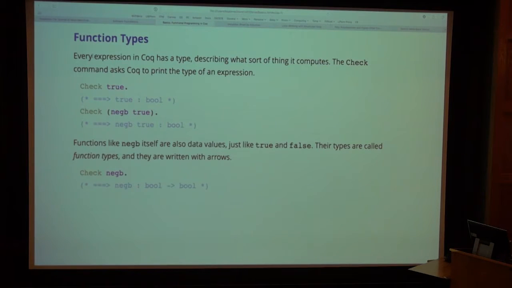And since Coq is a statically typed functional language, those functions as data have types just like everything else. And those types look like something arrow something. So neg b has type bool arrow bool. And if you type in Check neg b, it will come back with bool arrow bool.